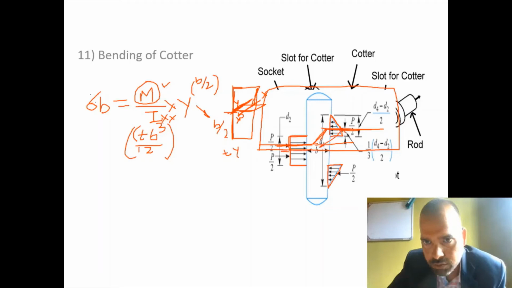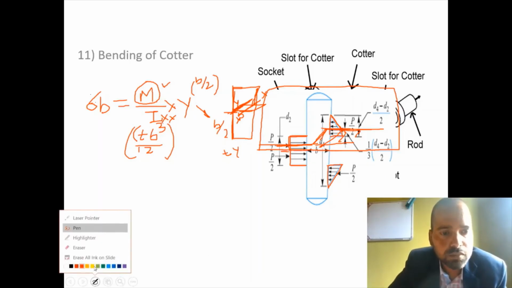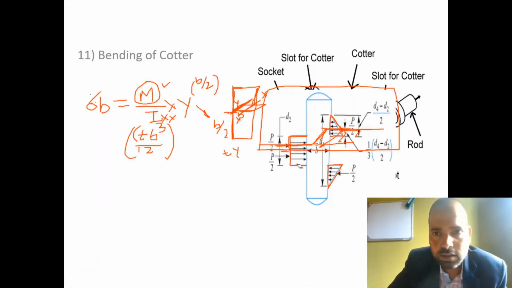This is the portion which is subjected to maximum bending moment. Now what is the dimension of that portion that we have to find out? So let's find out the dimension of that portion. The maximum bending moment M will be given by, if you consider P by 2